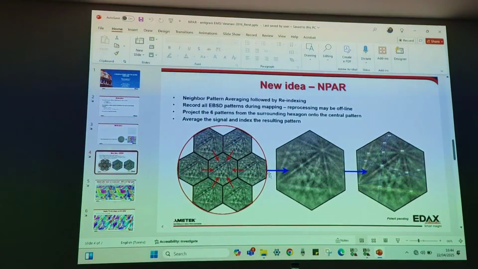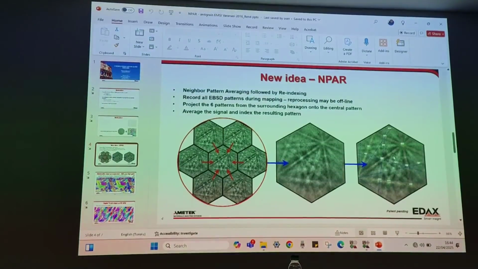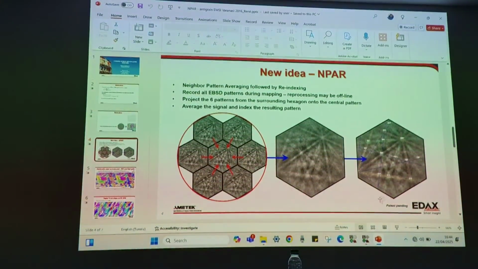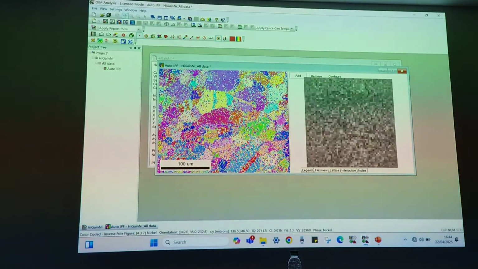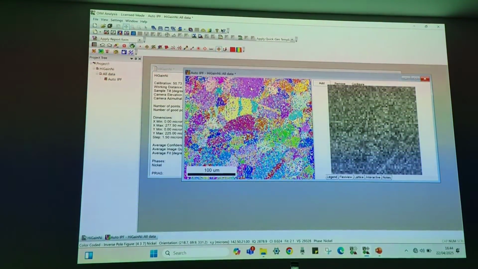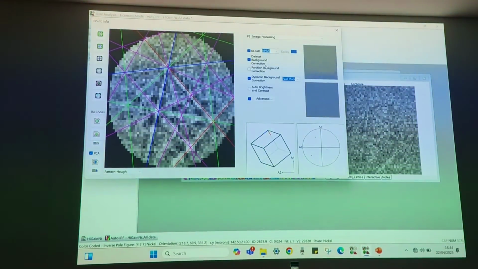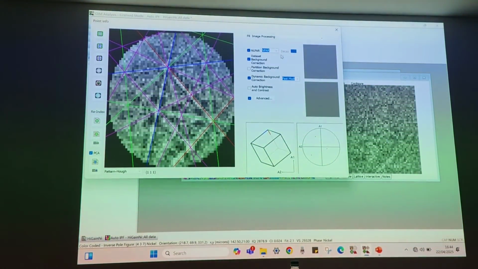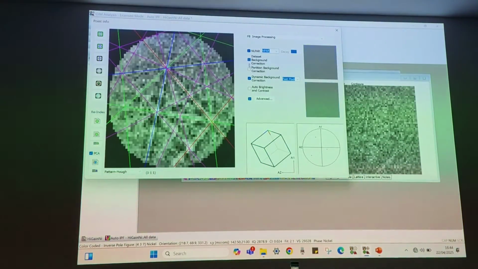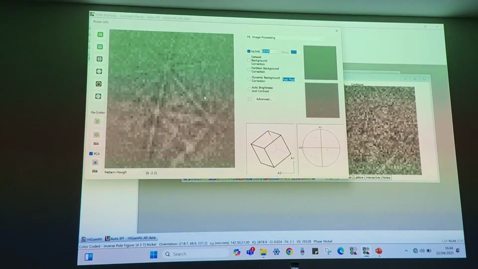And once the diffraction pattern quality is improved, then with Hough indexing it is possible to reindex that. So the same thing we will do here. Let's say this was my original data. Now I'll go to this NPAR option. For that, go to the image processing tab, and now my NPAR option is enabled here. I can do my background correction. You see this was my original pattern.